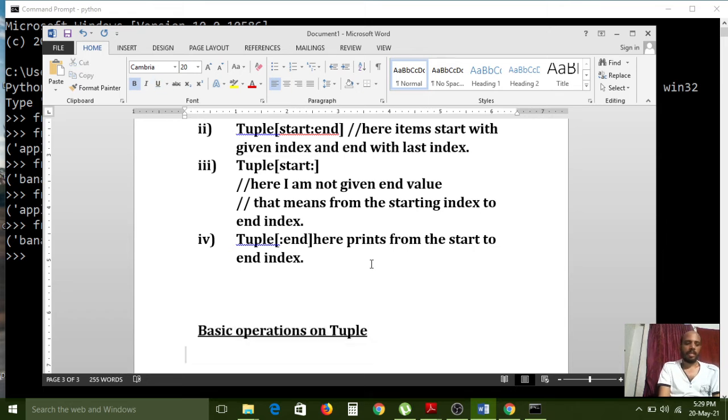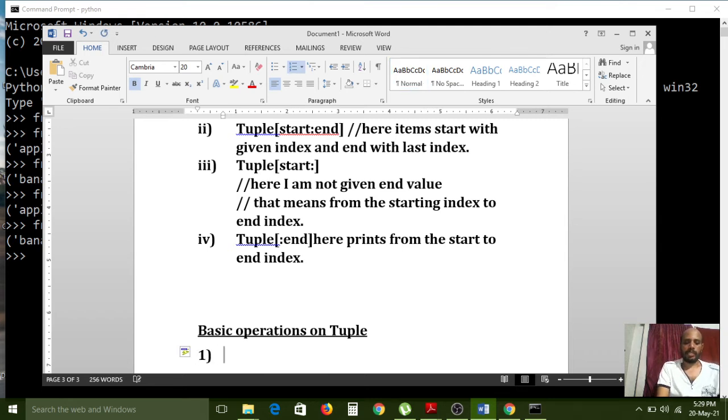Tuples are also a very important concept, because while accessing the elements or items from the tuple, it executes very fast. Compared to lists, tuples provide very fast access. Next, basic operations mean the first operation is